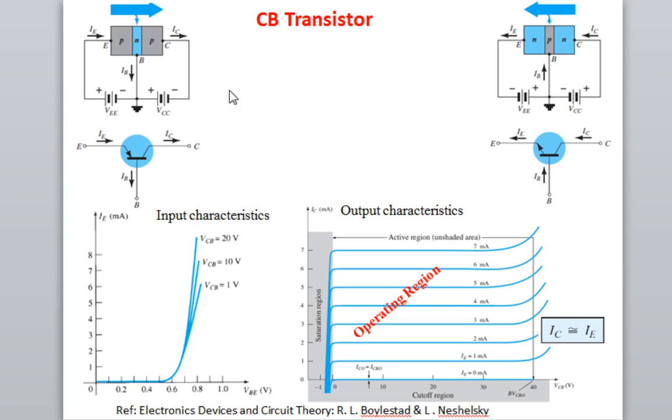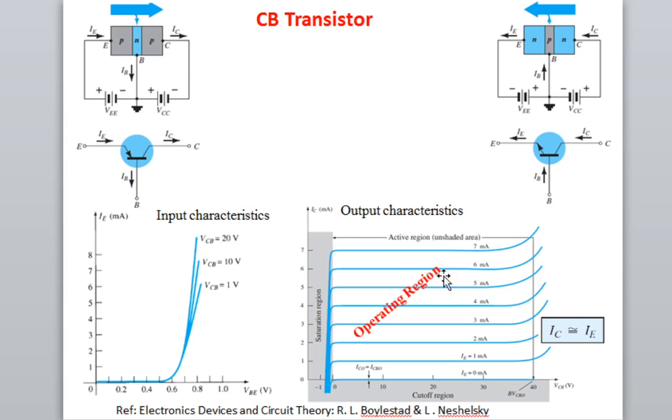And now if you increase this voltage, what will happen? First, the current will be constant. If you keep on increasing the voltage, when IE is equal to 1 milliampere, without applying voltage we are getting IC. But if you increase the voltage, the current is constant up to some certain voltage. This is valid for each value of input current, that is IE. And after a certain voltage, there will be a breakdown, and then the current will increase.